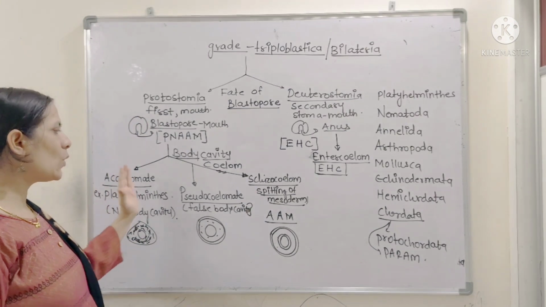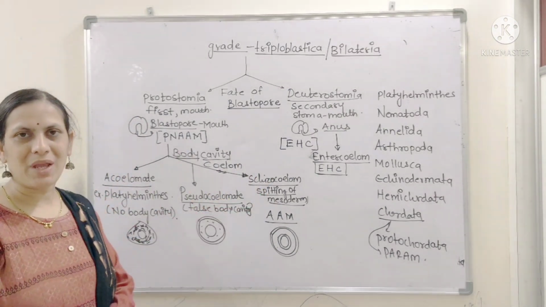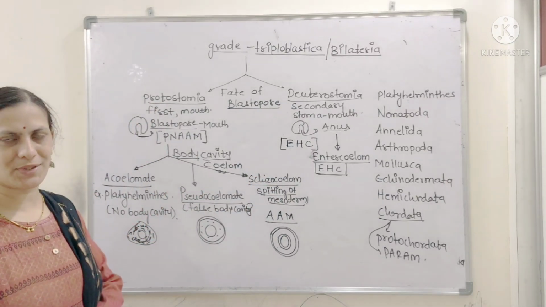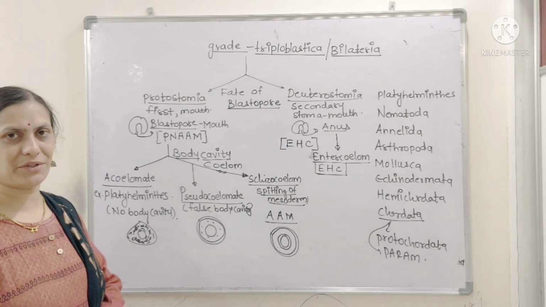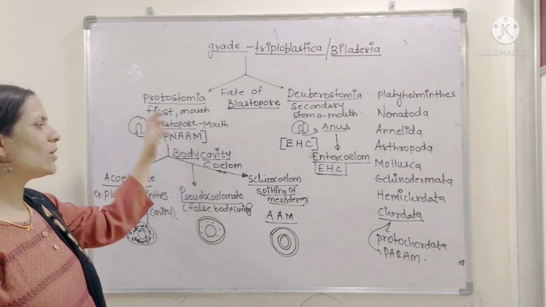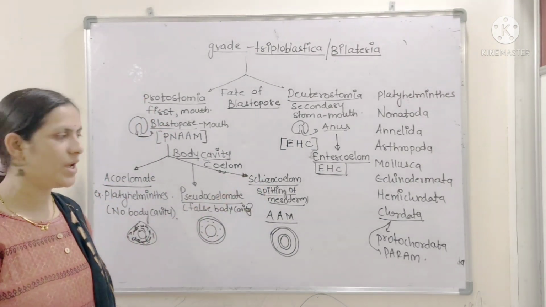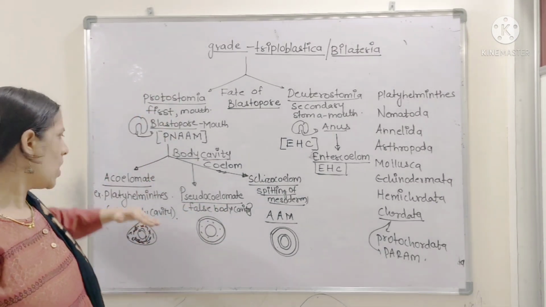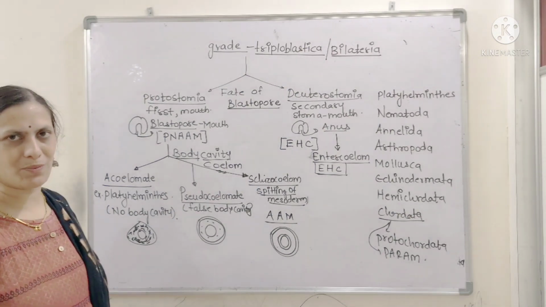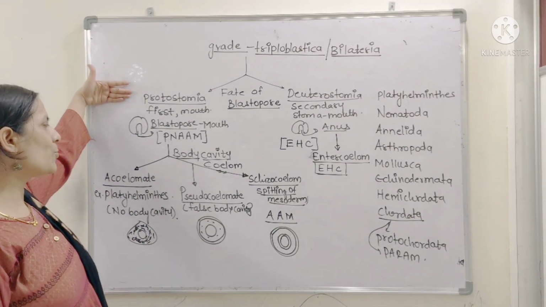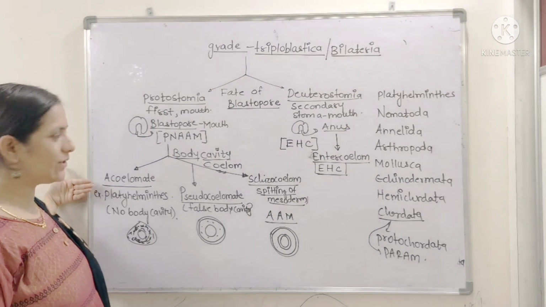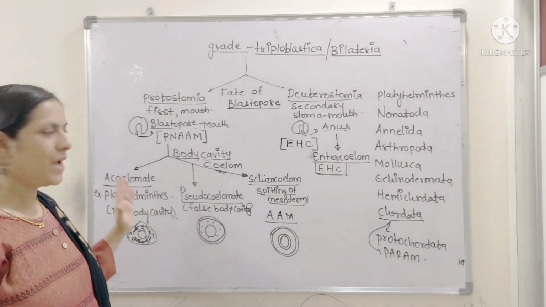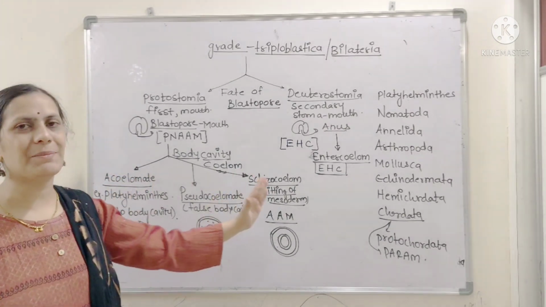All the protostomes are not eucoelomate. Protostomes include acoelomate, pseudocoelomate and schizocoelomate. If I say all the schizocoelomates are protostomes, it is definitely a correct statement, but I can't say all the protostomes are only schizocoelomate. In the same way, all the pseudocoelomates are protostomes, all the acoelomates are protostomes, but I can't say all the protostomes are only one of them,